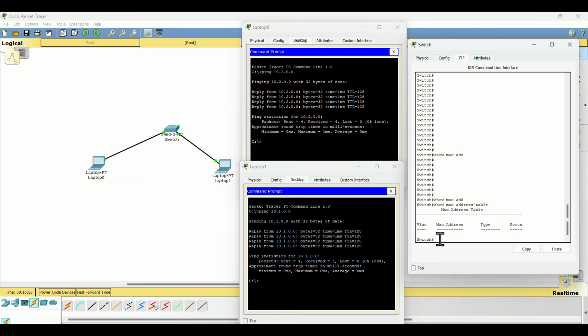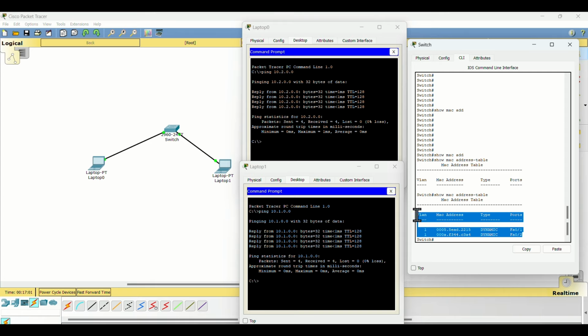both the laptops. Now let us see our MAC address table. Now you can see that both of the devices are updated in the MAC table and the type is dynamic. That means I have not explicitly added these MAC addresses to the table, but when this laptop pinged this laptop, it updated the MAC table. Okay,